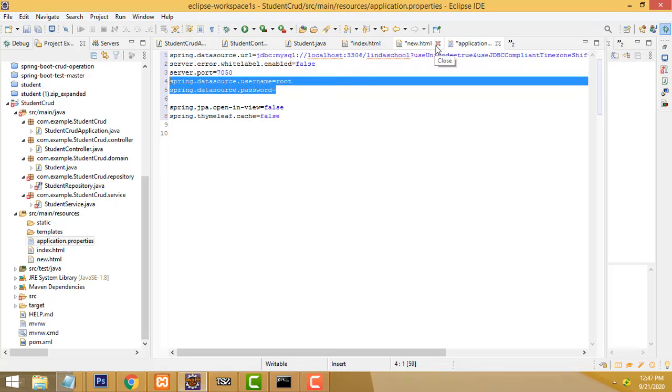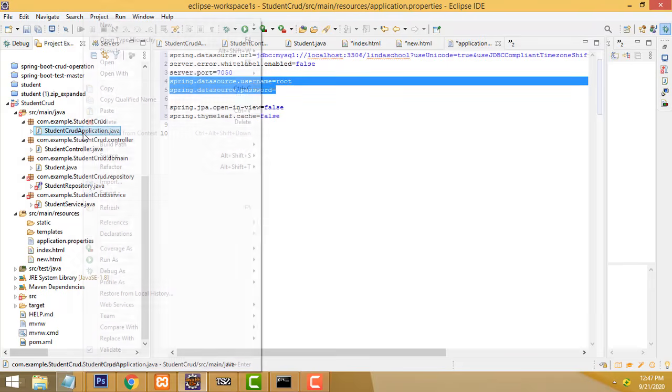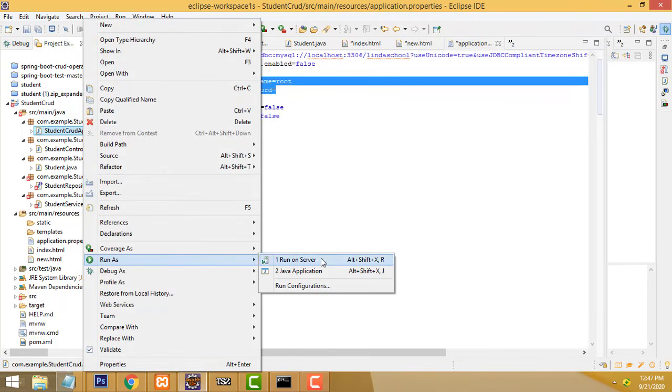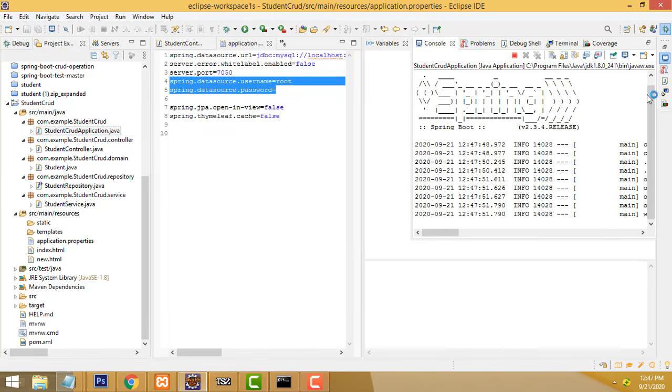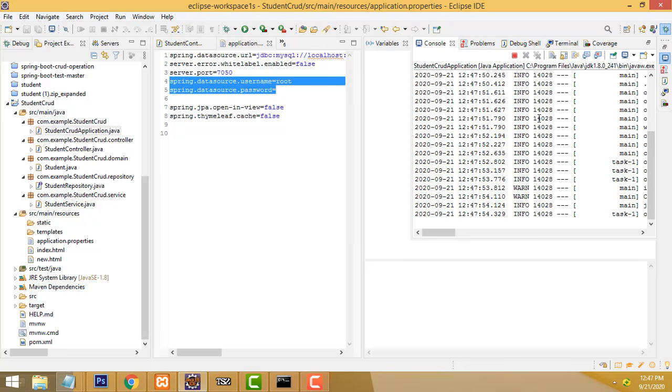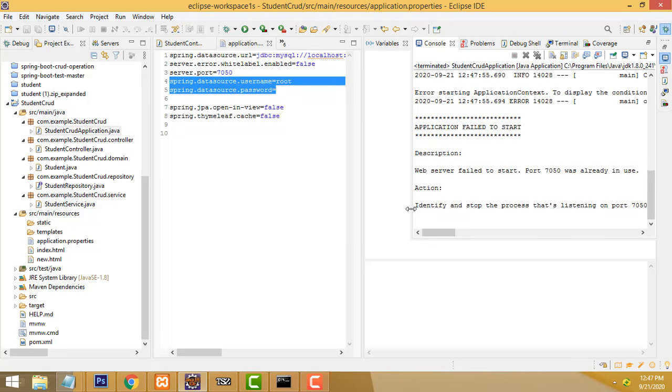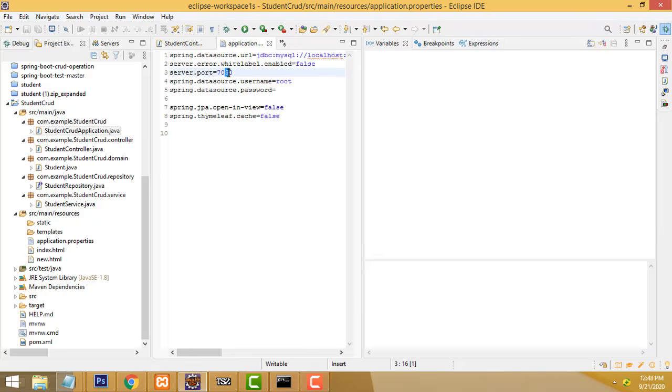Right. So we have to check. First, I am going to select this student CRUD application, the main method, and run it as Java. Now you go to the console and check. This is the console. This time I have an error with the port only. I just change the port here. How to change the port I will explain in my next tutorial. Port 8060 is already running there. You have to select another, otherwise 8080, 8060 like this. I just change the port. It's no problem. Select it and again right click and run the file.